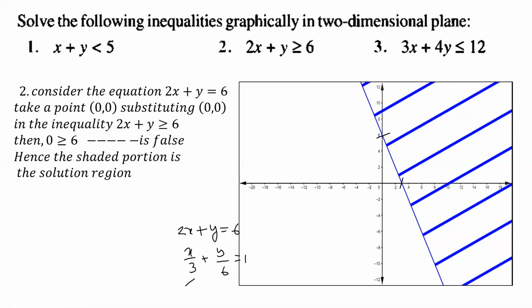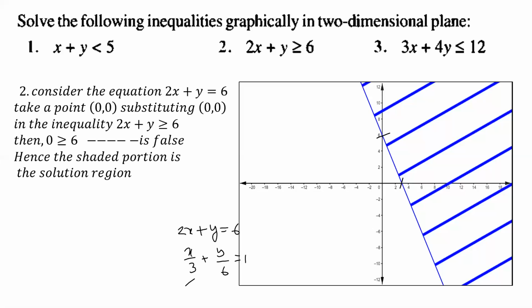Here you need to draw the line, check the sign, that is whether the inequality is greater than or equal to, greater than, less than or equal to, or less than, and substitute (0, 0). I will tell you the shorter method also, but first of all, learn the actual process, then you will move to the shorter process. So put (0, 0), and if it satisfies the inequality, the solution region is towards the origin, and if it does not satisfy the inequality, it is on the opposite side of the origin.